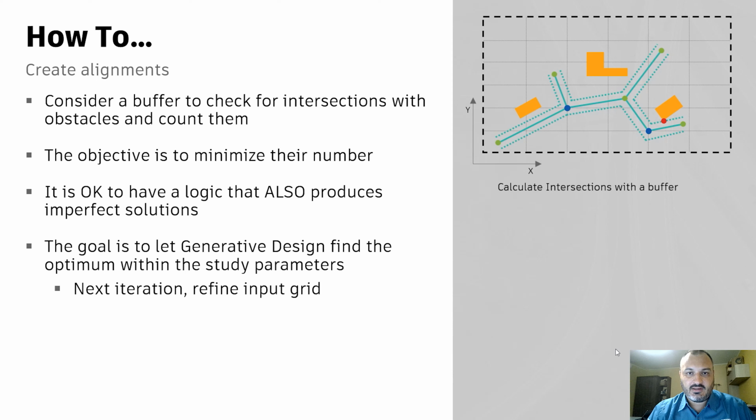That's absolutely fine. The goal of the generative design is to explore the design space in order to find the optimum solutions, or where, let's say, which combination of inputs for the problem, the way that you define it, are going to produce the best solution. So it's in the nature of this approach to be iterative, as I said. And so what you can do is to refine the grid, for example, or change the parameters that you're using for the generative design, and refine the solutions that you found over and over until you're satisfied with the results.